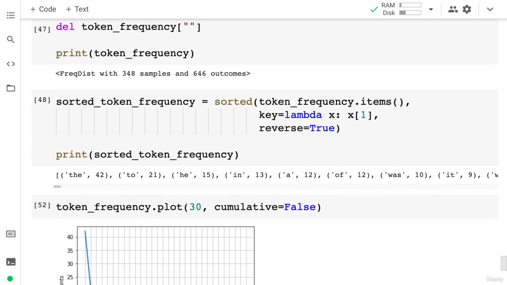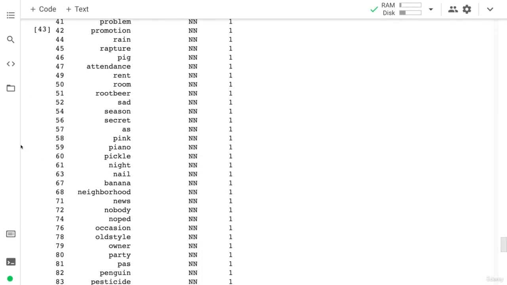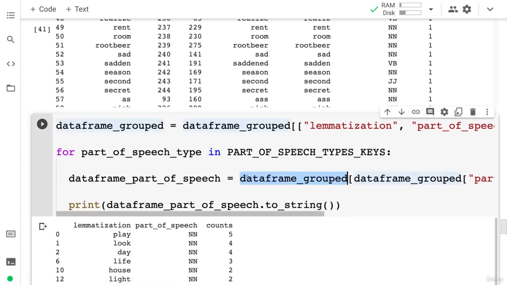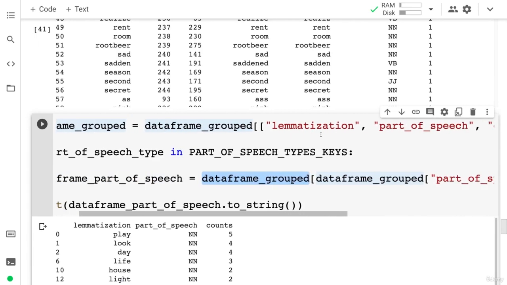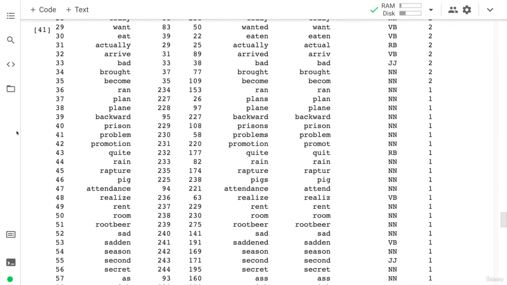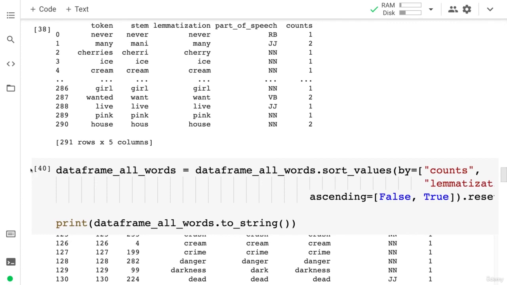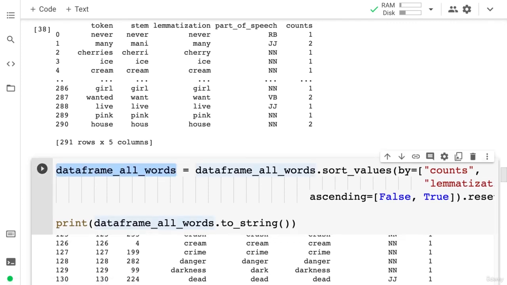Let's see, what did we have for all words? Okay, we had our data frame all words. Let me just scroll up so I can find what we called that. Actually, I believe it was probably earlier than that. We had all of our words. Yes, it must have been a bit higher up. Then we had here, yes, okay, data frame all words. There we go. Okay, so I want that variable, data frame all words, because I want to remove the stop